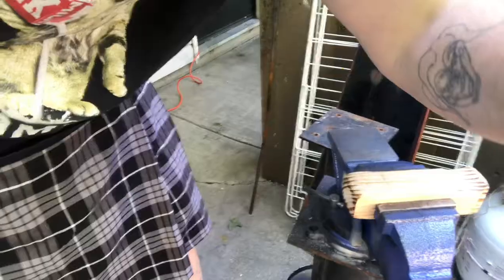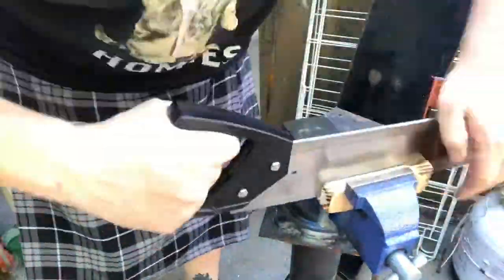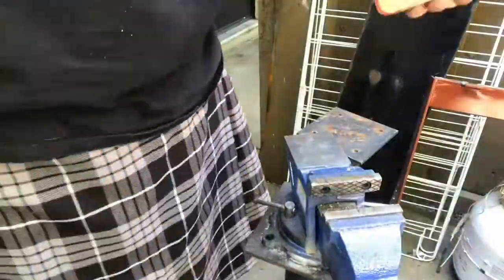Just kidding, you're not gonna watch this whole thing. Well, that turned out to be more of a chore, but it's done. You notice this one's a little bit bigger. I got off the line at some point when I was sawing, so it's all right. We're gonna sand it anyway. But yeah, so there they are. The knife will fit